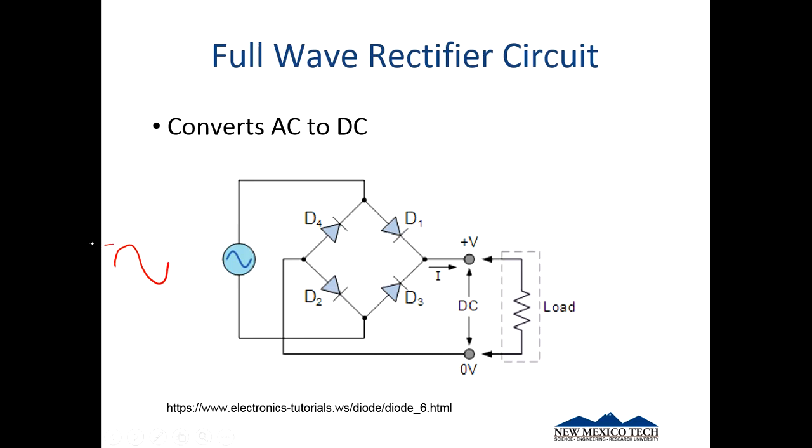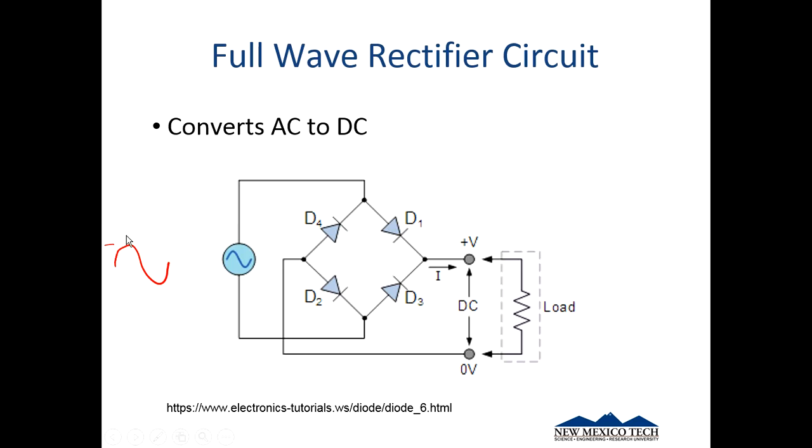This is our peak voltage. And maybe this is 0. This is our positive peak, and this is our negative peak. And so this is switching at some frequency in the United States, 60 times a second,